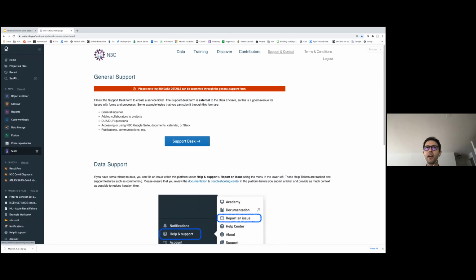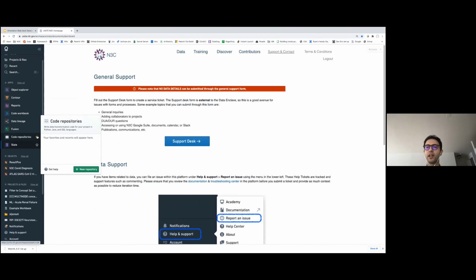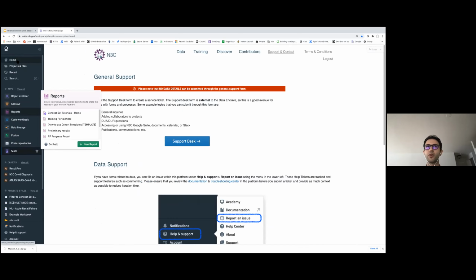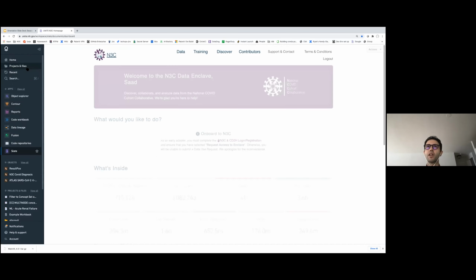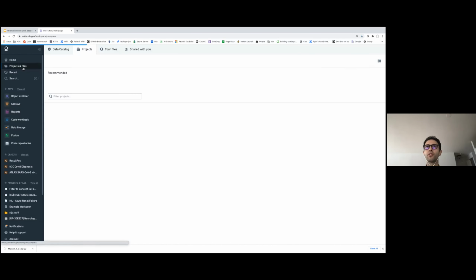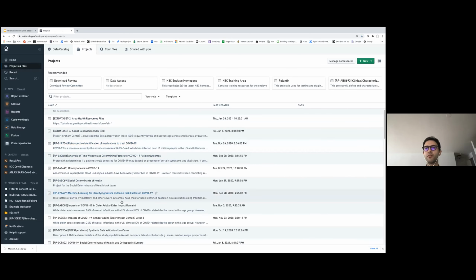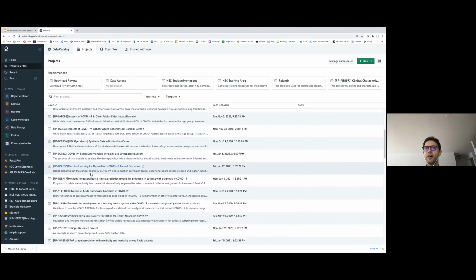On the left panel, you have some of the links to the existing tools and locations that you will use within the enclave. The homepage takes you to the homepage that we've discussed. Projects and files is where all your files and folders will be saved. If I click on it, you will see a bunch of research projects within the enclave.